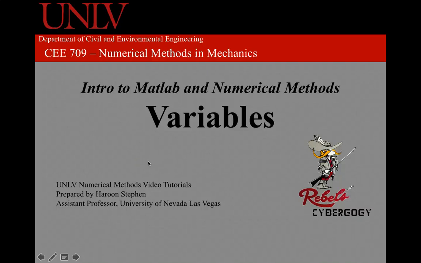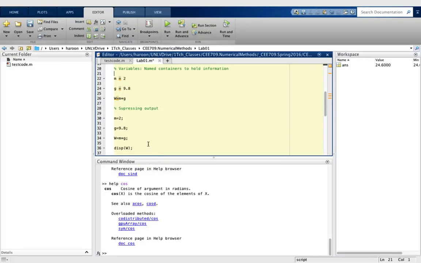This tutorial is about variables, what they are and how to define them. Now, in math, we use variables to create mathematical models. For example, in F is equal to ma, m is a variable that can take any value, and that value represents mass. Similarly, in programming, we can define variables